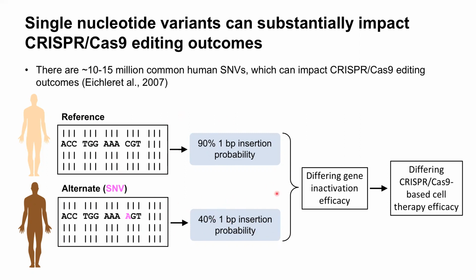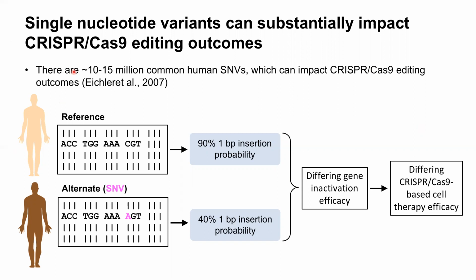So these are essentially differing CRISPR-Cas9 editing outcomes, which then may lead to differing gene inactivation efficacy, which then may lead to differing CRISPR-Cas9 based cell therapy efficacy, which are already being implemented in the clinic. And notably, SNVs may be closely connected to individuals of a particular racial or ethnic background. So our investigation may be a critical step in making CRISPR-Cas9 based cell therapies not only more effective, but also more equitable. And since CROTON is based on CNNs, it is sensitive to changes in target sequences at a base